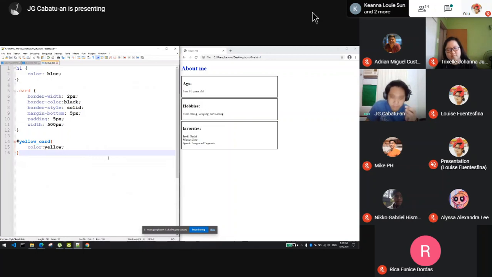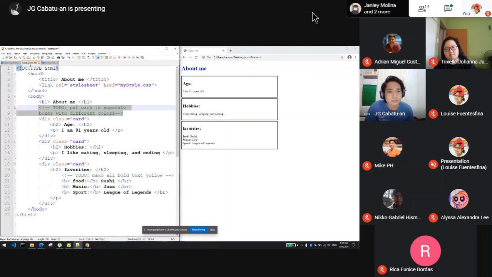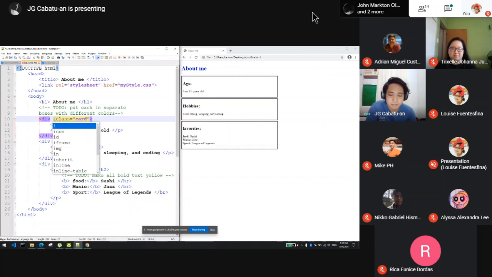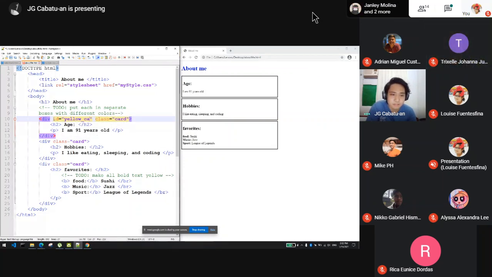Let's make the first div into a yellow card. To do that, just put ID equals the name of the ID you made. So yellow card, and hit save,